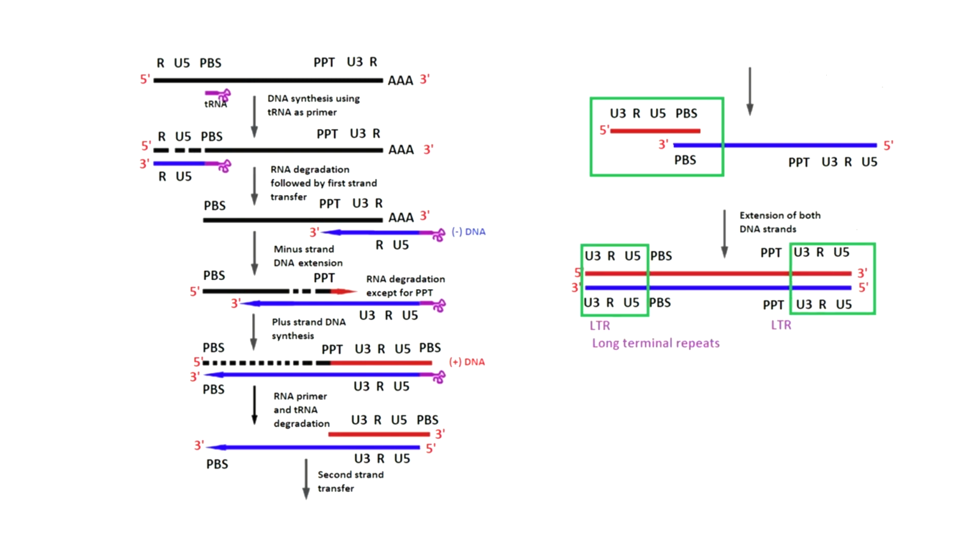This conversion of the viral RNA to viral DNA produces a signature sequence at both ends of the DNA molecule, as you can see. These sequences are known as long terminal repeats, abbreviated as LTRs. These long terminal repeats consist of U5, which is a unique sequence near the 5' terminus initially in the RNA, U3, which was a unique sequence near the 3' terminus in the initial RNA, and R, the repeated sequence. Now these long terminal repeats are very significant because they are required for the integration of the viral genome into the DNA of the host cell.